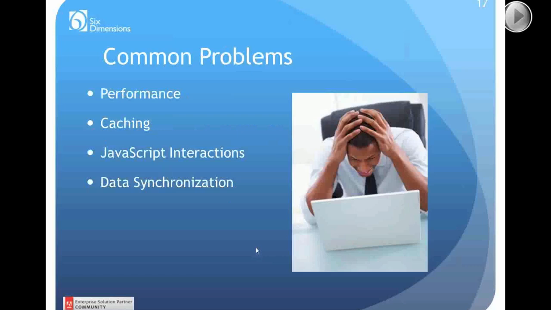JavaScript interactions are a big problem with campaigns and teasers. So like I said before, you want to try as much as possible to do things in the client libraries and then have little snippets of JavaScript to kick off your teaser. Brian, I don't know if you have any thoughts there around how you guys have done it. Or